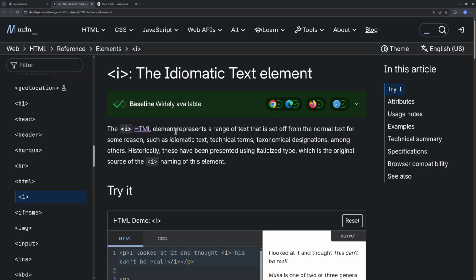The i HTML element represents a range of text that is set off from the normal text for some reason, such as idiomatic text, technical terms, taxonomical designations, among others. Historically, these have been presented using italicized type, which is the original source of the i naming of this element. Okay, so basically, it was previously known as the italic element, but now it is known as the idiomatic text